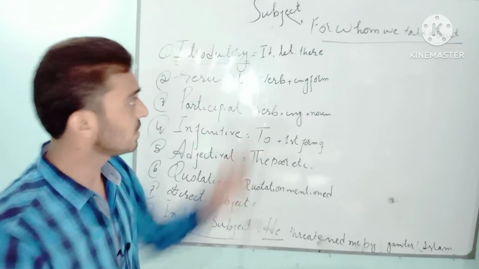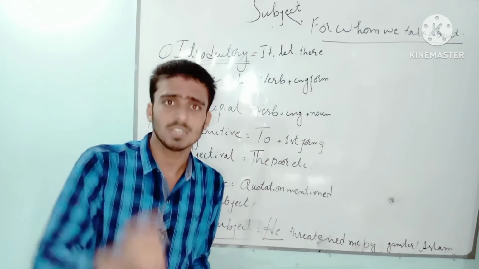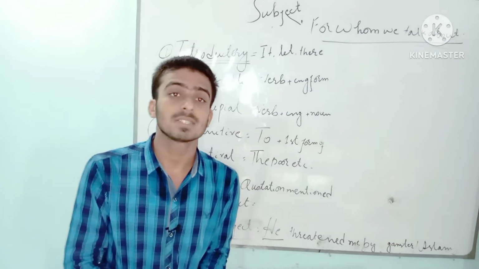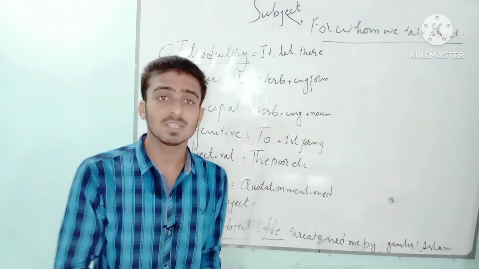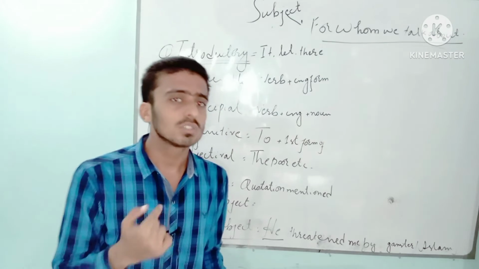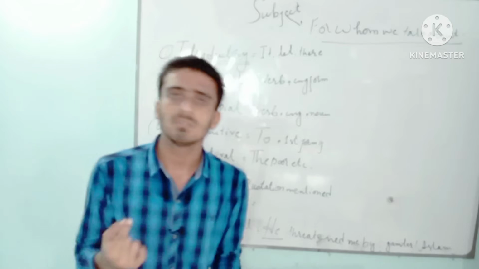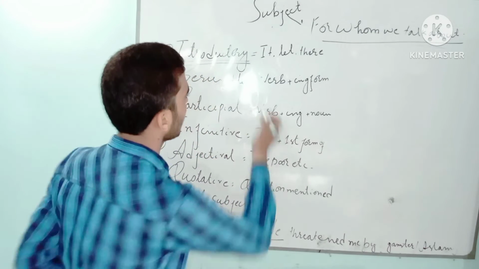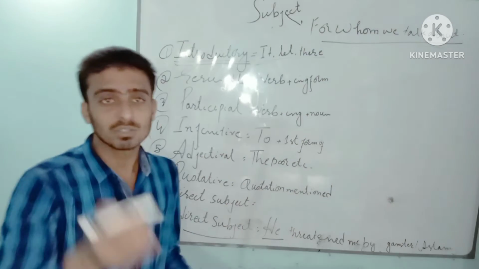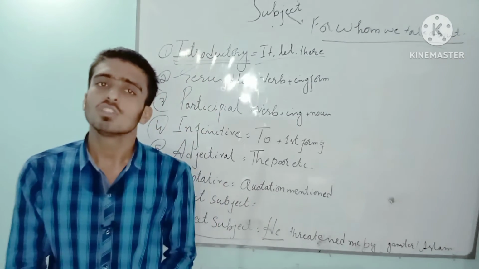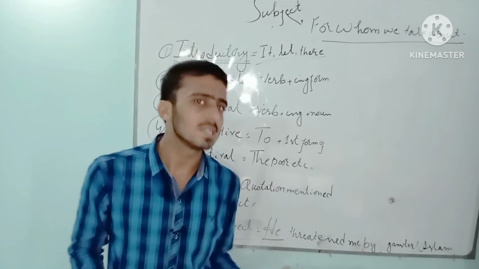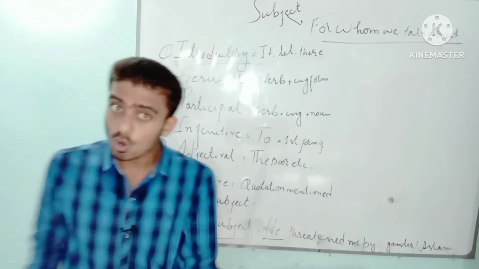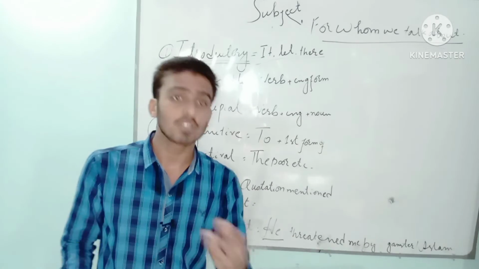Introductory subjects are those used whenever we have not been given any specific type of subject in the sentence. Suppose I say they write a letter, here they is a specific type of subject. But there are situations in which we have not been given any subject, so we use our own subjects, like it, there, let. These are known as introductory subjects. Suppose I give an example: there are 12 months in a year, it is raining, and so on. You can use these subjects. Let it go, let it happen. These are the introductory subjects.